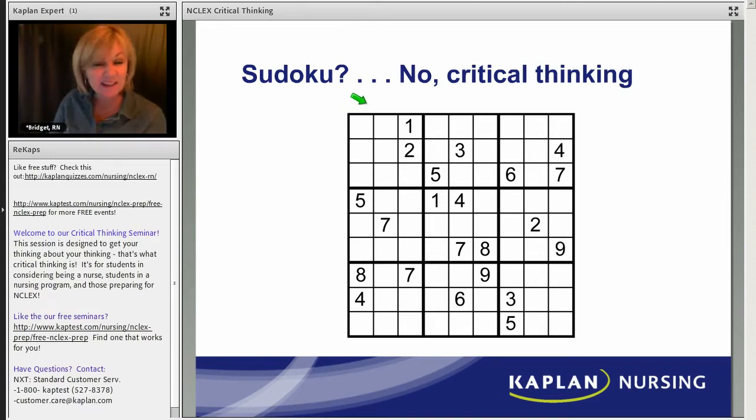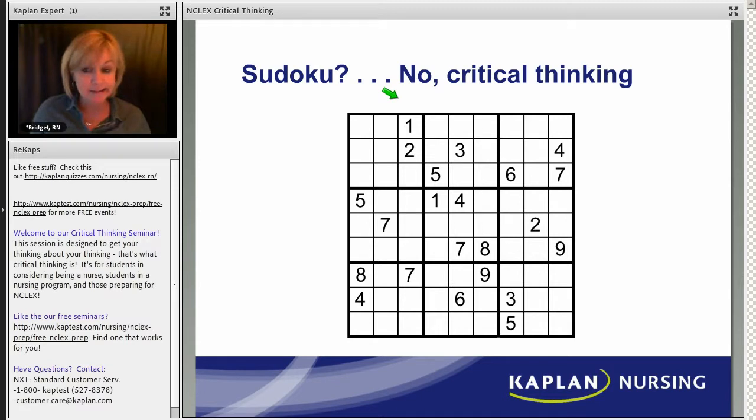Critical thinking is like that. Critical thinking is where you're thinking about your thinking so that you make the best decisions. It's what you did in clinical. Remember in nursing school, or if you're still in nursing school, you went to clinical. And the night before, you prepared for the day to different degrees. You do it differently in your first semester compared to your last semester, but you prepared for clinical.